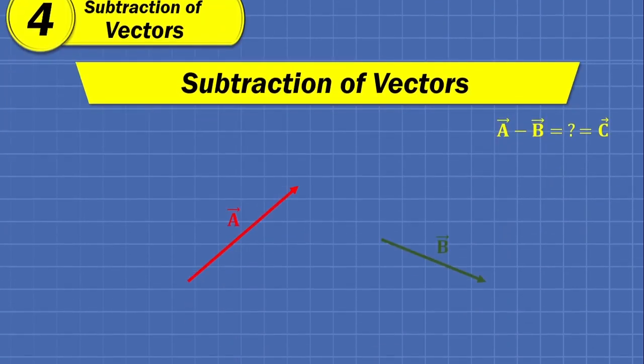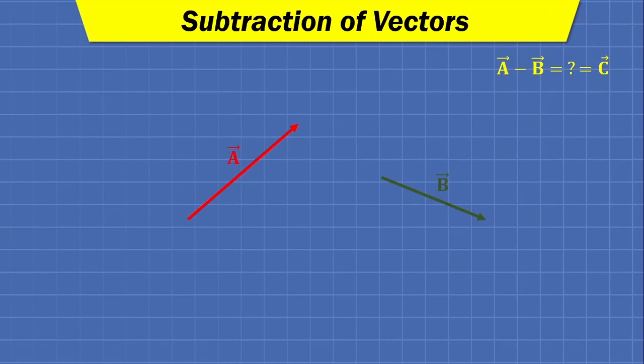So simply say we have the same two vectors a bar and b bar, and now we want to find the subtraction a bar minus b bar. So for that, what will we first do? First, we will scale the second vector with alpha equals to -1. So doing so, what will happen? The magnitude of b bar will be the same, but the direction will change by 180 degrees, or opposite direction. So we get b dash bar. Now this b dash bar is nothing but negative of b bar.